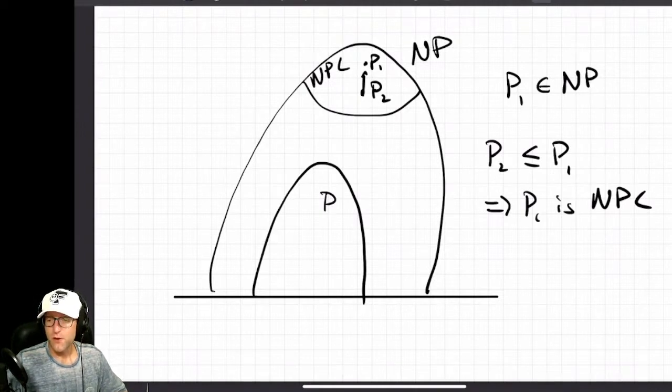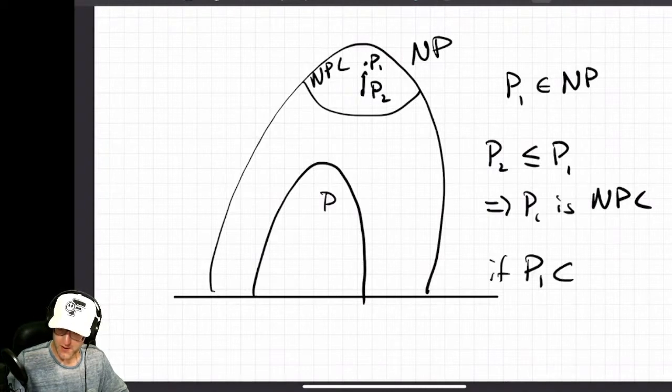Can we conclude that P is equal to NP? No. We still don't know anything about P1. We still don't know enough about P1 to make any conclusions. If P1 were in P, then yes, that implies that P is equal to NP, because you would have this